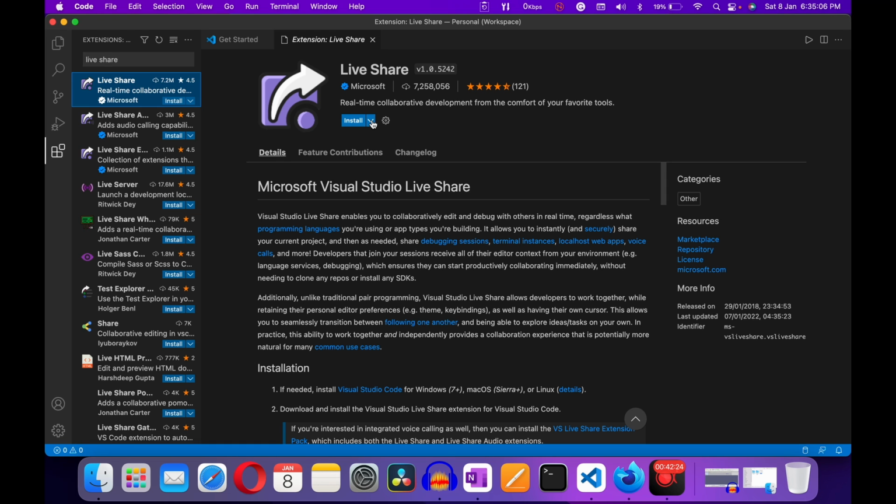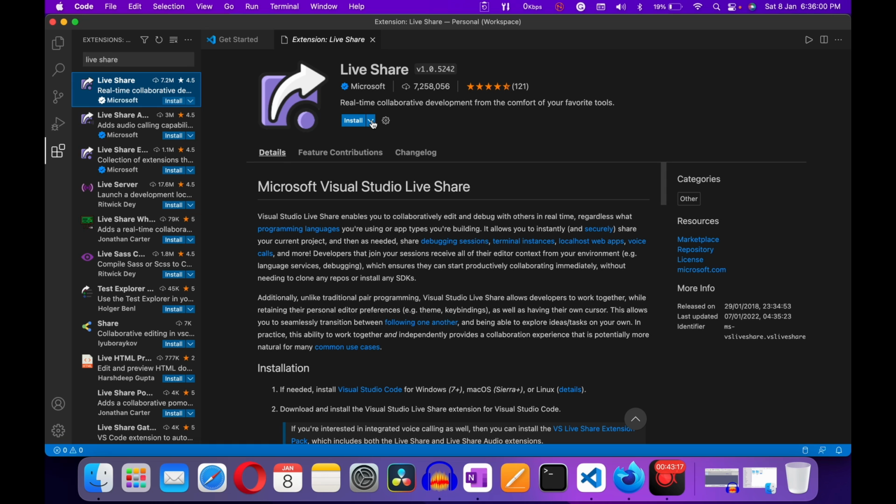So there is a way for developers to collaborate in real time. Let's say I write the structure of a web page, and I want you to work on that structure. I can share it with you, and then you can look at my code and vice versa.